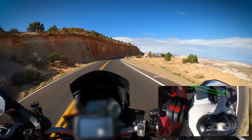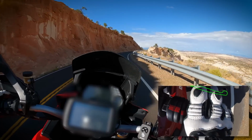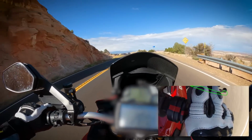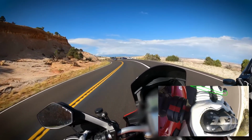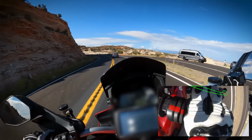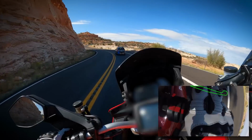All right, and slow. This is a nice gentle corner. Let's hope the car wants to check out the epic view. Come on, car, you want to see it. You want to look at that view. Let's be slow. Oh, he wants to. Oh, but he's not gonna. All right, we'll just...